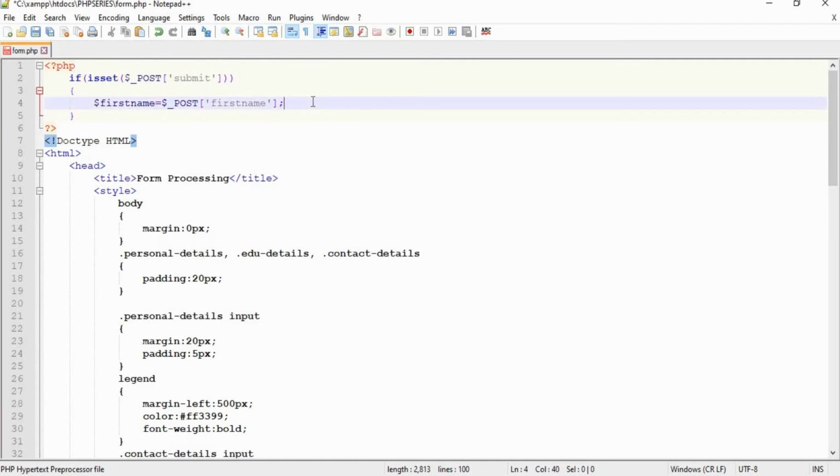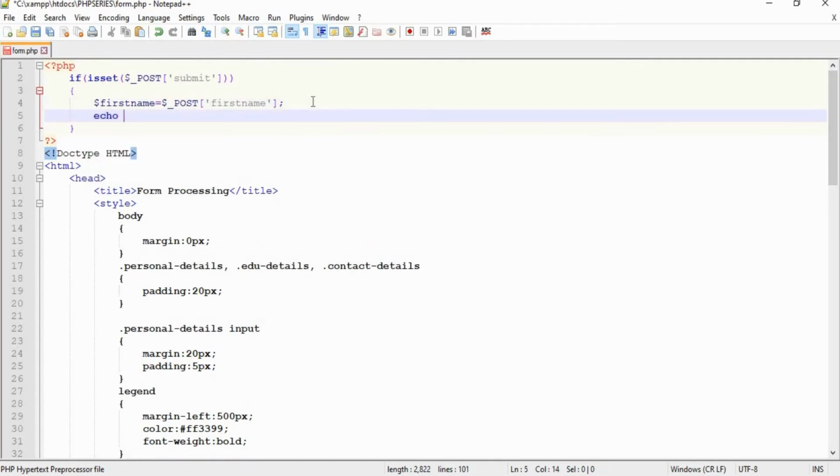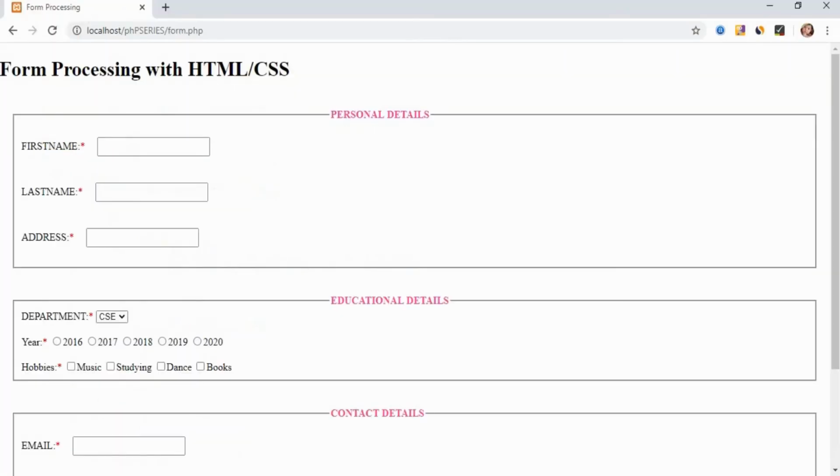So just we can print this, echo $firstname, right? Now save the program and we can rerun it, right? Just provide any dummy values here.